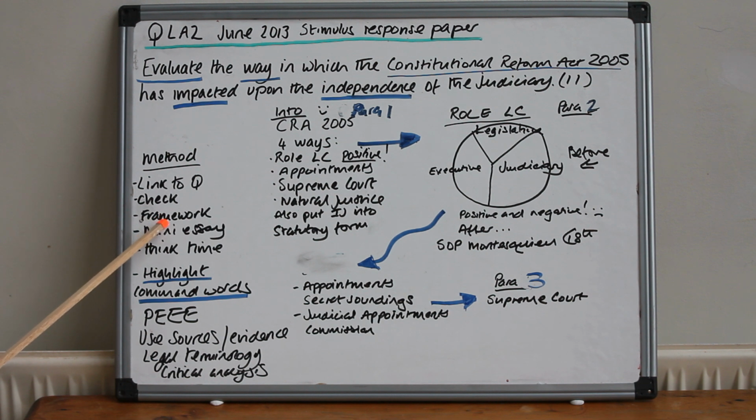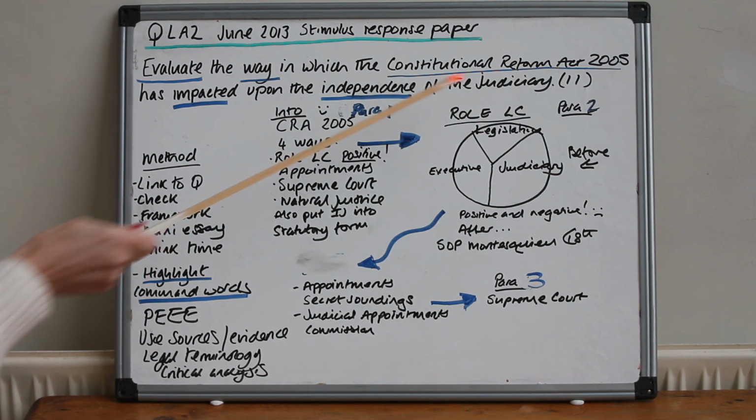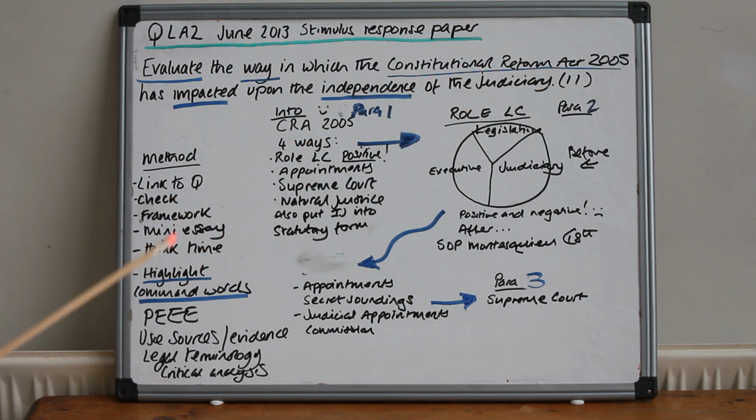Try and create a strong framework. And this involves giving yourself a little plan. Okay? So a strong framework gives the examiner the impression straight away that you know what you're talking about. Now notice that this is 11 marks. An 11 mark question is a mini essay. So immediately you need to think about how long you're going to give yourself to answer this question. Okay? So here, for this particular question, you would be talking about 20 minutes, no more. So you've got to be very concise in what you say.